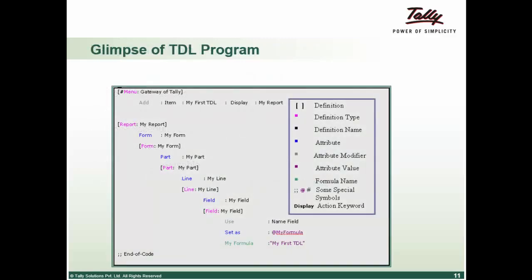And this is a glimpse of a basic TDL program, which you can just have a look at. The pink text within the square brackets is the definition. It makes the program understand it's a definition. The one in pink color is the definition type. The one on the right of the definition type is the name of the definition. Each definition has its own set of